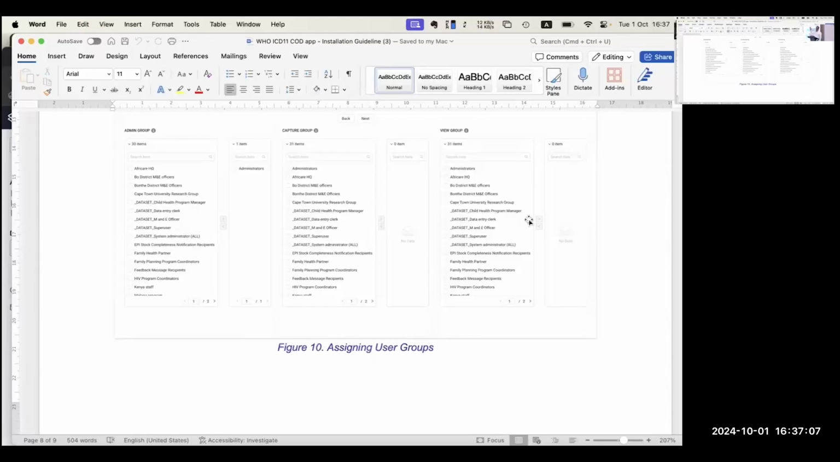We have 3 different types of user groups which the app will create. The first one is data entry user. That means the people can only do the data entry. The second one is view only. That means the person can view the data, but cannot make any changes in the record. The third one is admin user. That means he can add more fields, do the translation, change the